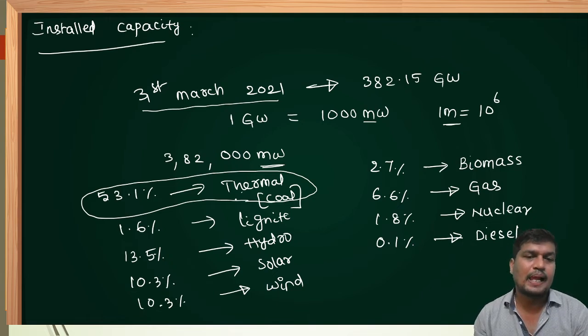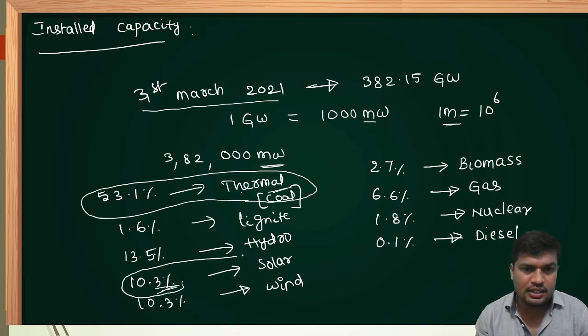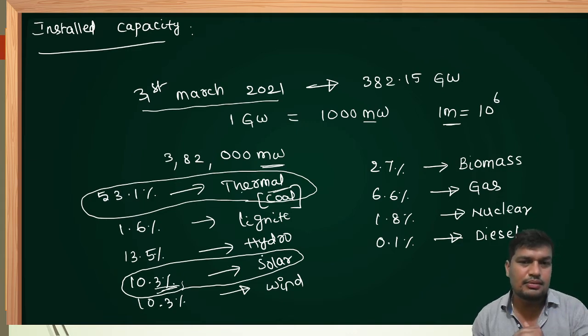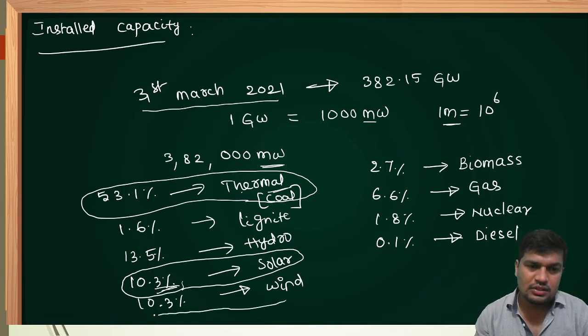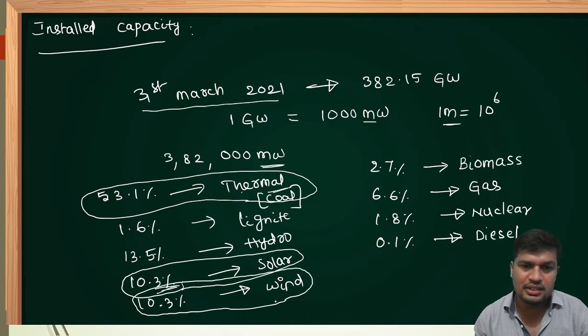I can say in future this percentage from thermal plants will reduce. Why? Because India is now more concentrated on solar power plants. In the last few years, the percentage from solar plants is increasing year by year. Therefore, in future, our syllabus also changes towards more about solar in the case of generating stations. And also interesting, the amount of power from wind power plants is increasing every year too.